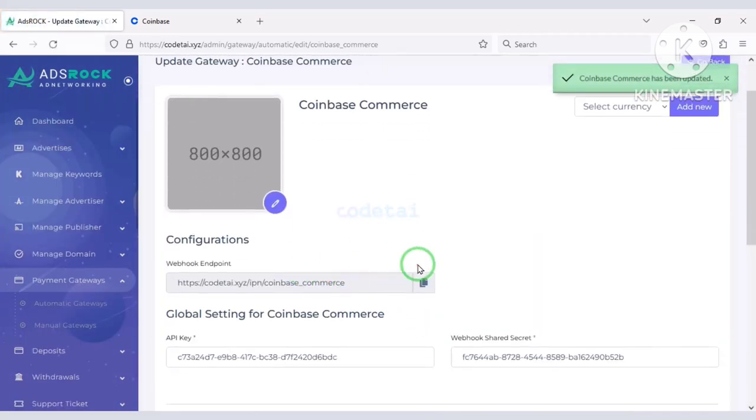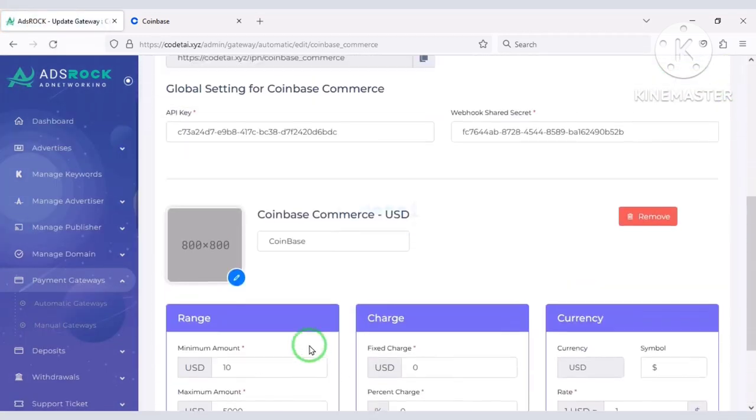We have successfully added the Coinbase Commerce account to the website.